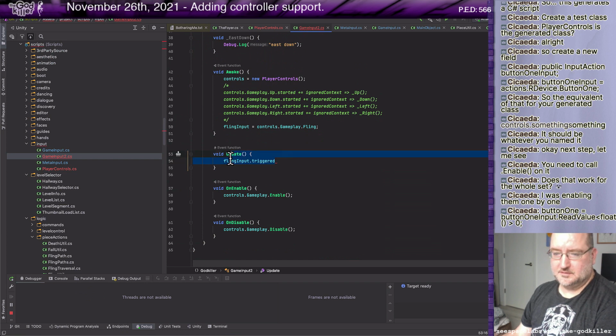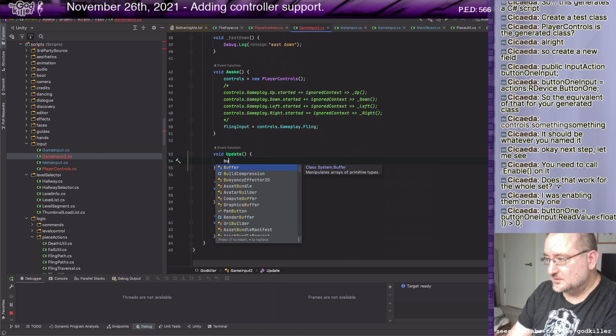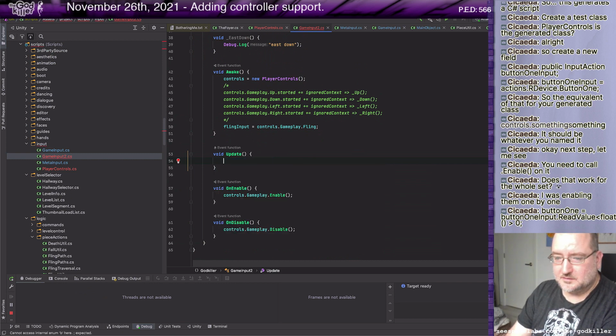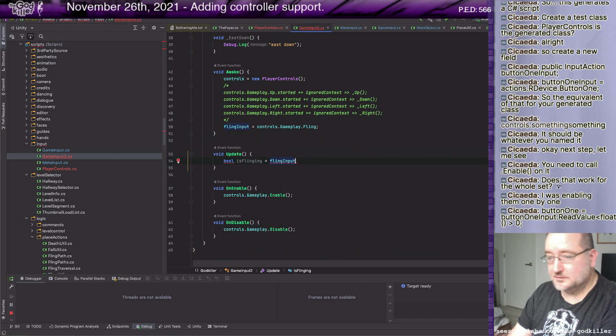Anyways, let me look at the... Okay. Let's look at that. Okay, so say button or, okay, float or bool. is flinging equals fling input read value float.